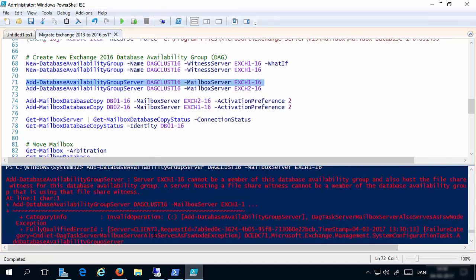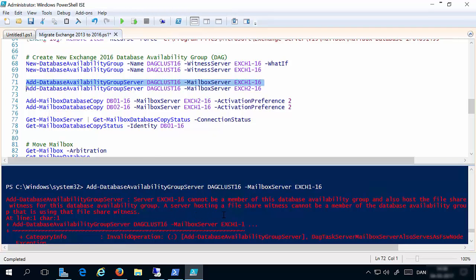Oh, I have this error: cannot be a member of this database and also host the file share witness for the database availability group. Okay, so we have to change that. That's great. So yeah, I think I will create the witness server